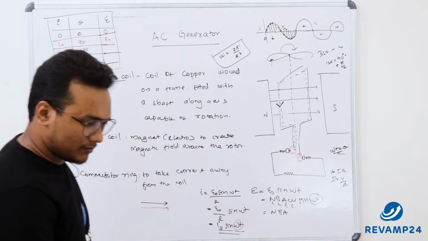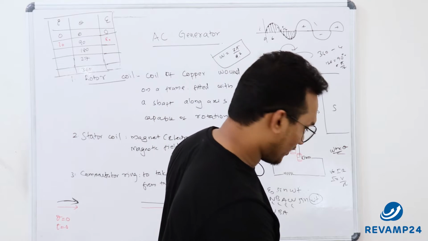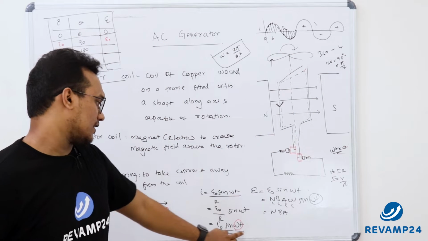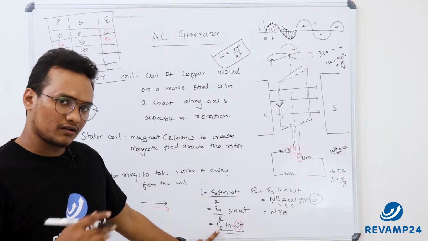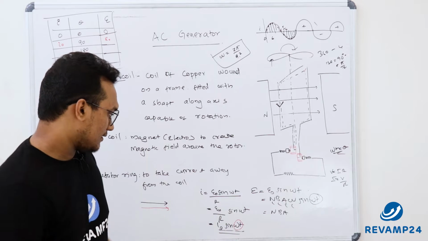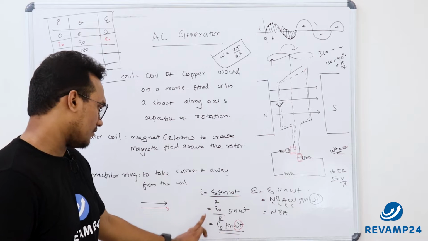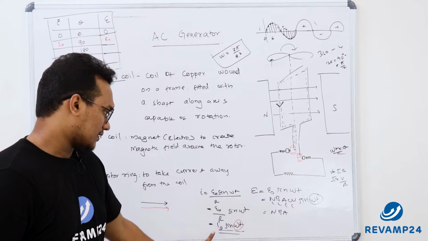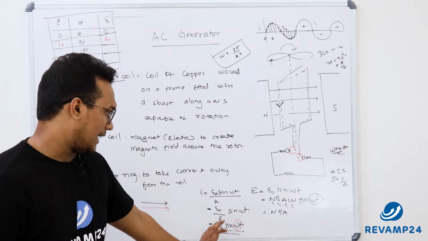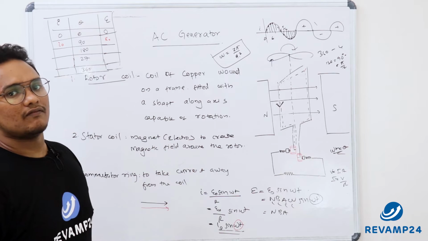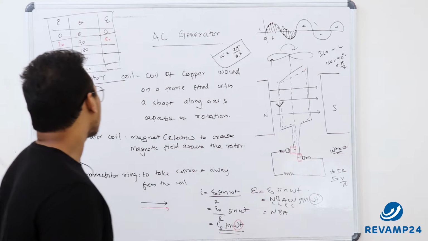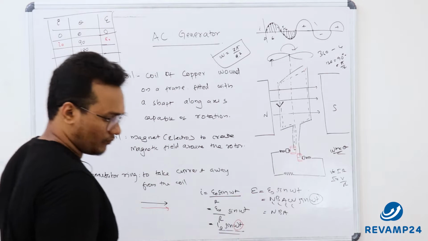Okay, the maximum value of the sine function is always 1. So the maximum value of current in this function will always be I0, because sine becomes maximum when the value becomes 1. Okay, now at 180 means,